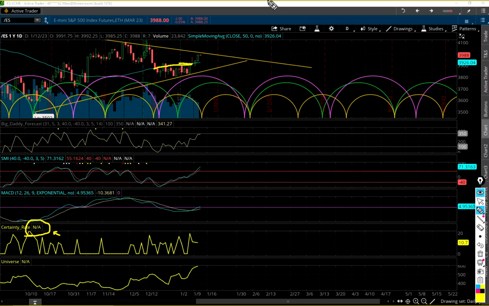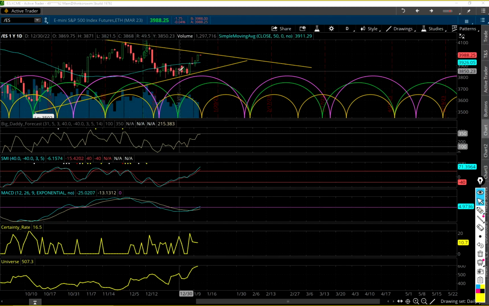Why is that a big deal? Because I don't want to take long trades below the 50-day moving average. No, I'm not going to go into a reason why. Just many years, decades of trading. In this scenario, with this sideways chop, I'm not taking a long position below the 50-day moving average. It's too dangerous. So the 16.5 got my attention on that day, but I still knew that the environment we were in was